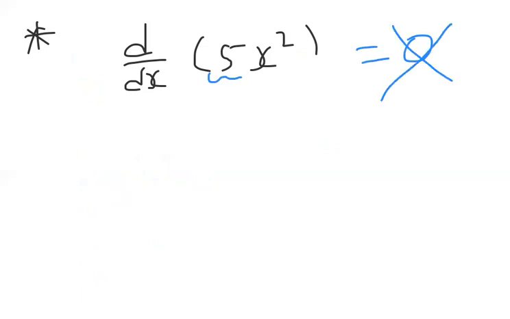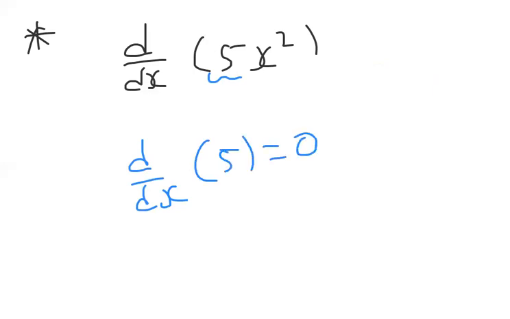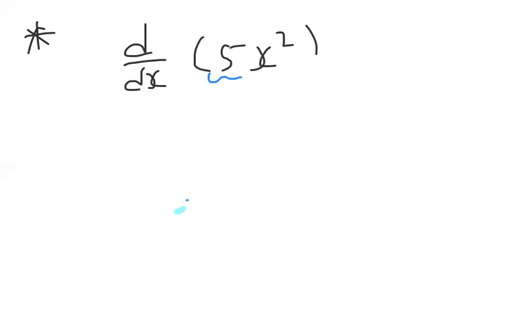d by dx of 5x square is there. Sir, you told differentiation of a constant is 0. A constant is there, shall I put 0? No, wrong. Not like that. Because only when the constant is alone is it 0. If I have written d by dx of only 5, it is 0. But here it is not only 5. It is multiplied with what? x square. So it is 5 into d by dx of x square.